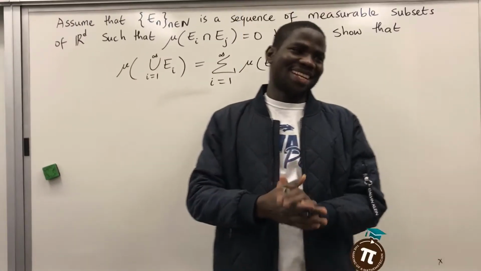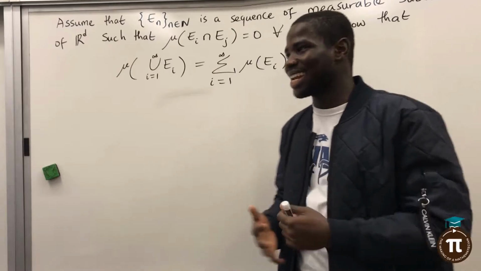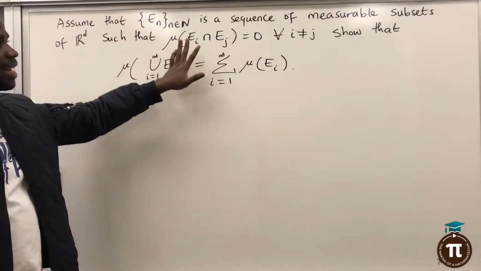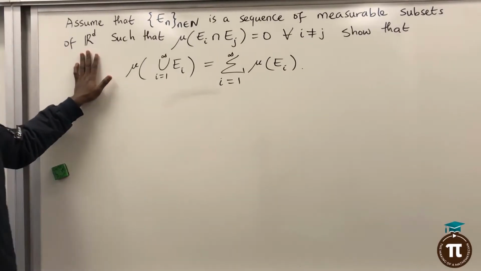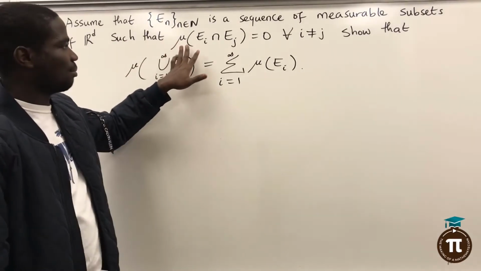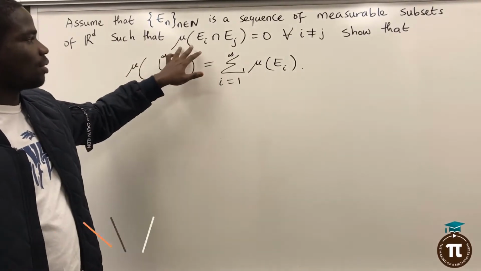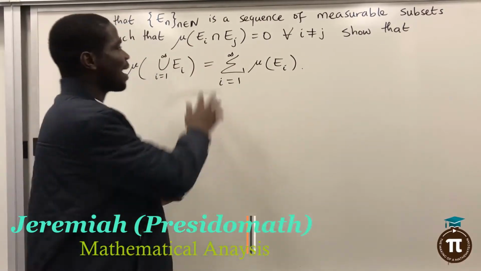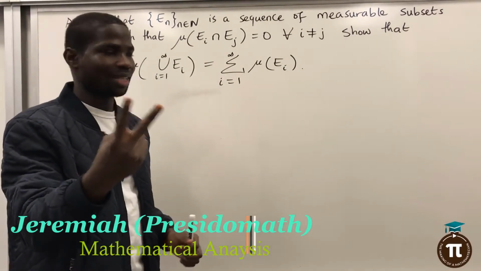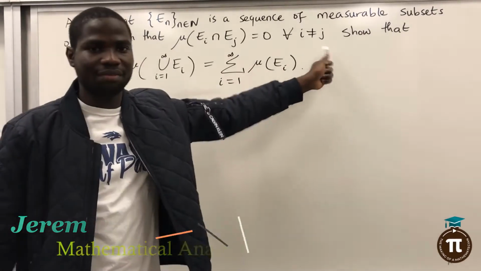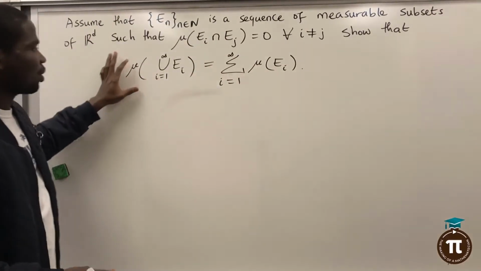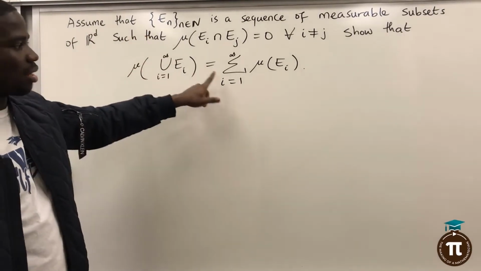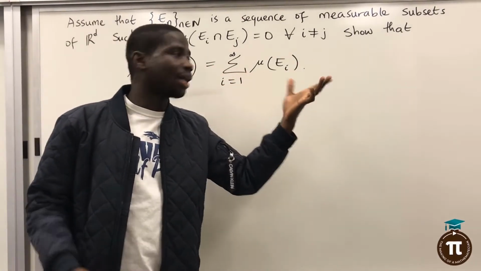Okay, I'm just joking. I'm actually teaching you in English today that En is a sequence of measurable subsets of Rd such that the measure of any two of those sets is equal to 0 if they are not the same. We want to show that the measure of the union is actually equal to the summation of the individual measure